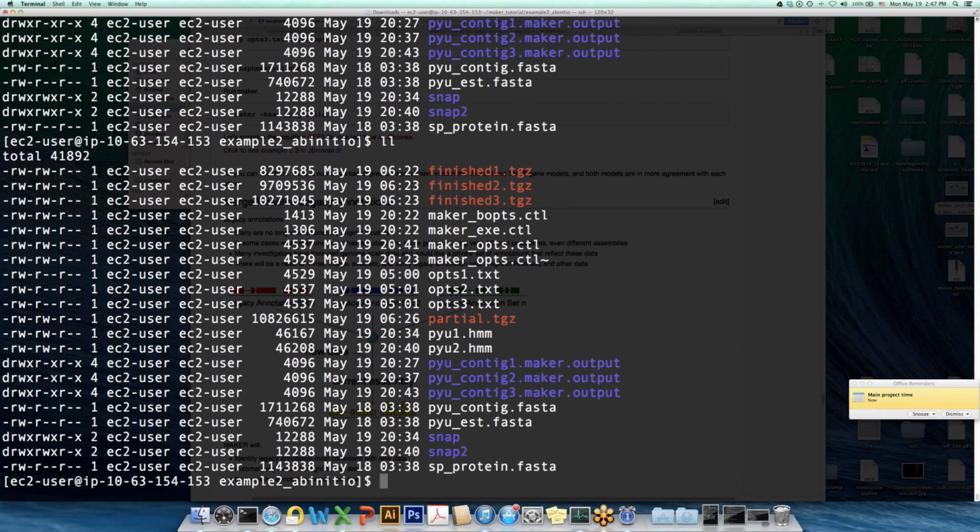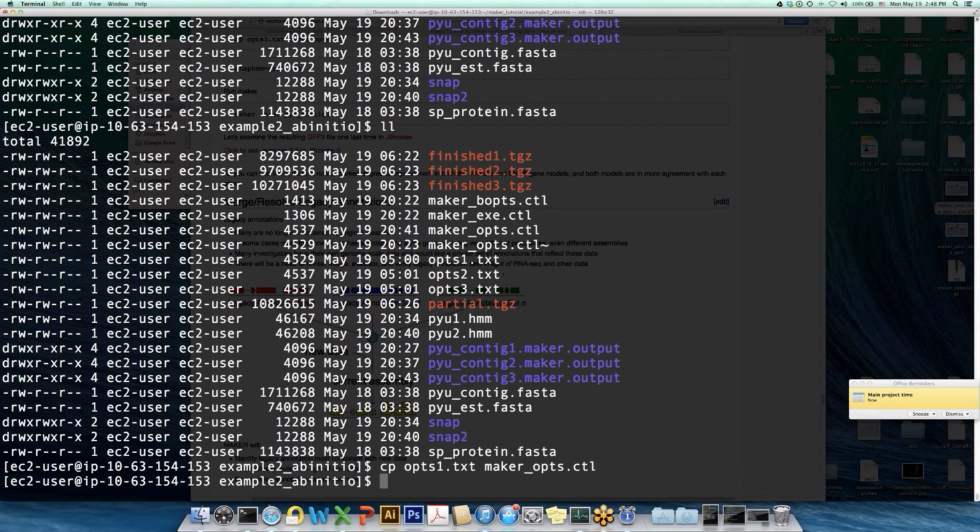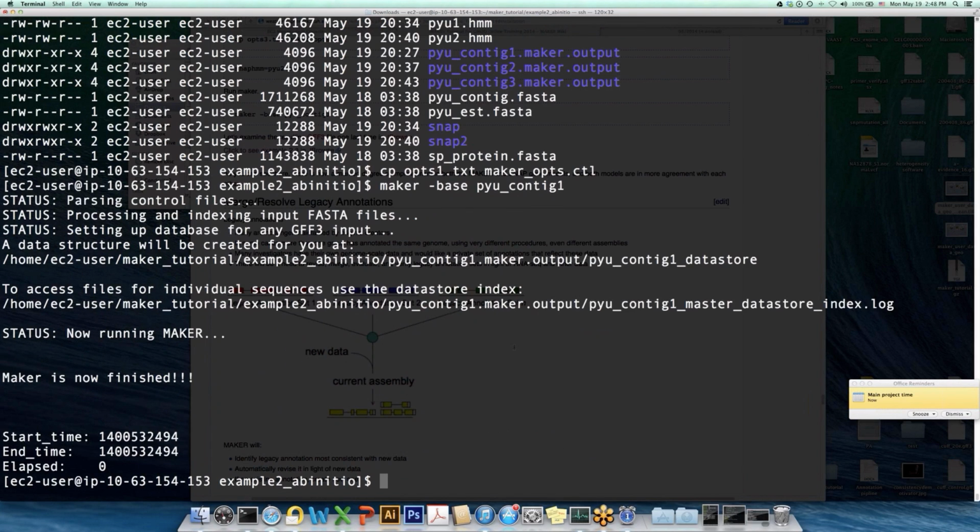if you're having problems filling out the values, you can do something like the following: copy ops to Maker ops. So if your first attempt to edit the file fails, just copy it across and then run Maker that way. Base, and you can see, I just run that for a second, you can see, oh, it's already done. But